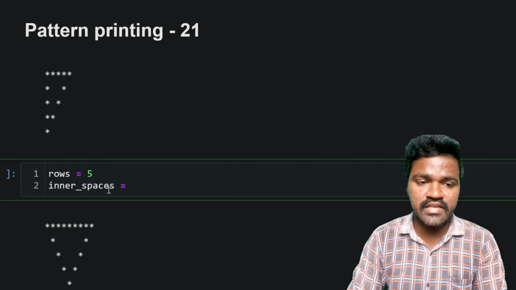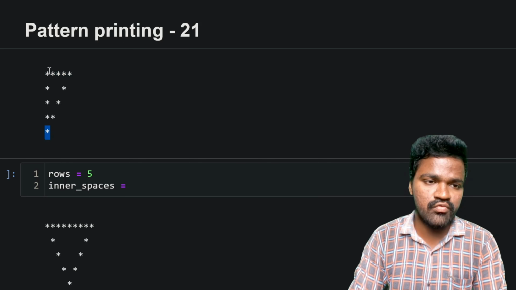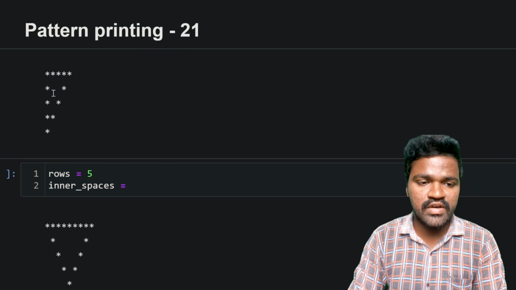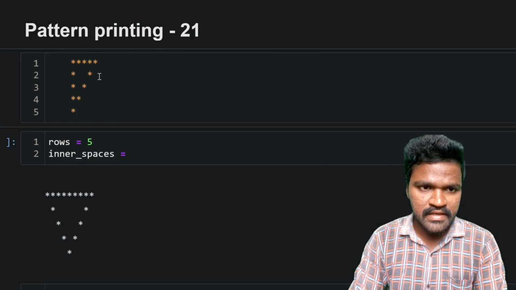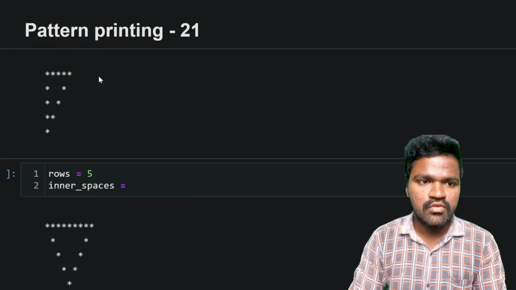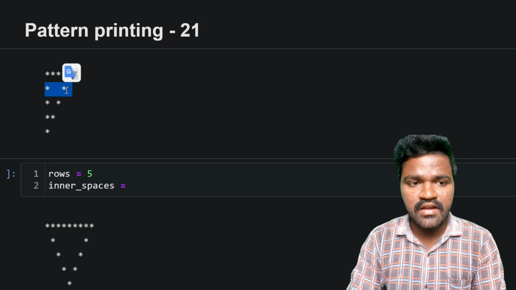so to mention the inner spaces, we need to understand this pattern. So we are not considering this line and this line. So you will know how we are dealing with these rows. So for this inner spaces, we are keep tracking from this row onwards. So if you could carefully see here, here we have 5 positions here, and out of these 5 positions, one position is occupied after the pattern, and